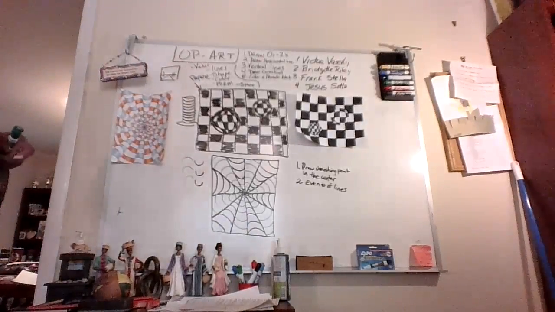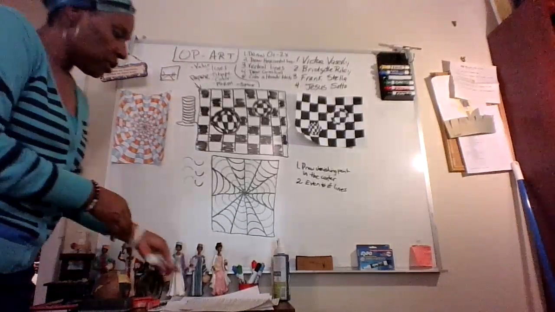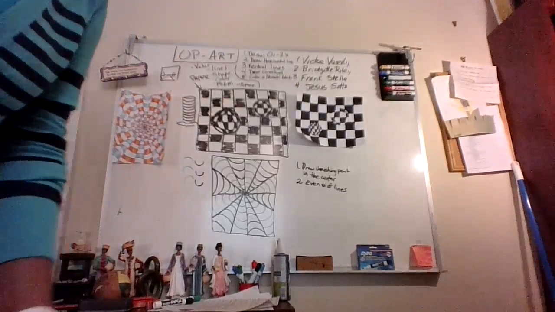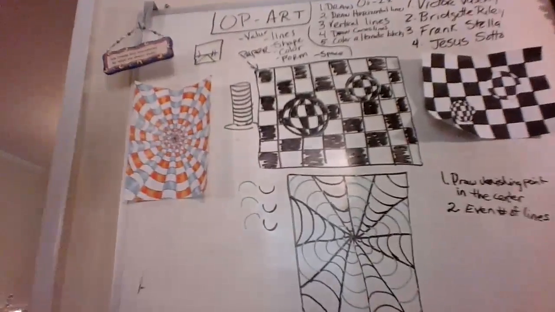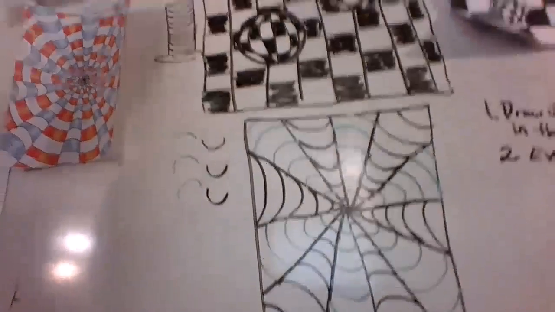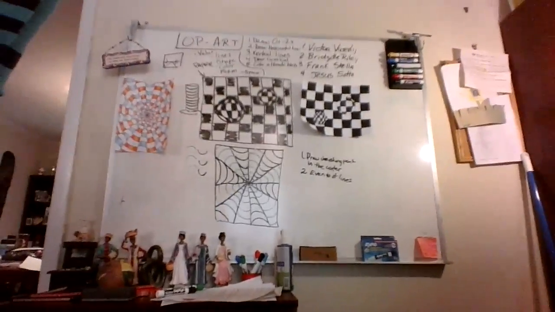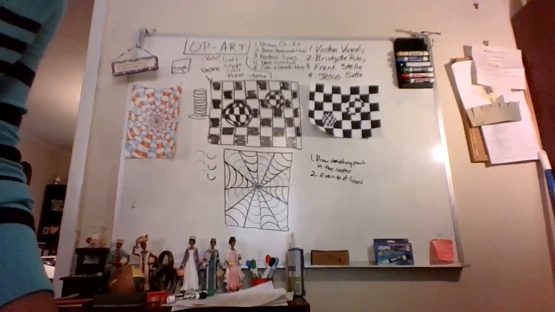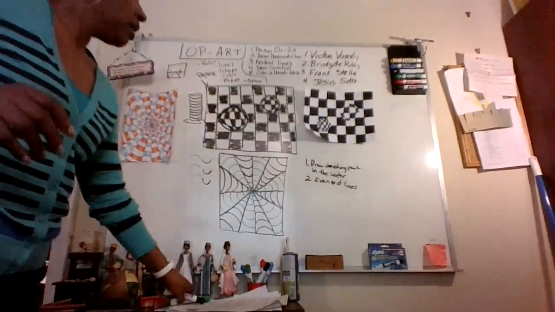So already, without adding any color, you can see how it looks like those lines are moving or going into and out of the paper or the board. Kind of looks a little bit like a spider web. All right, so